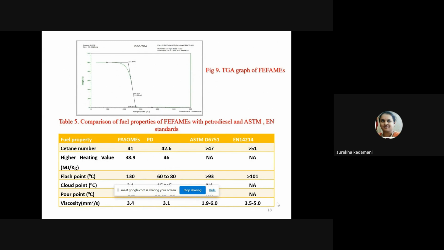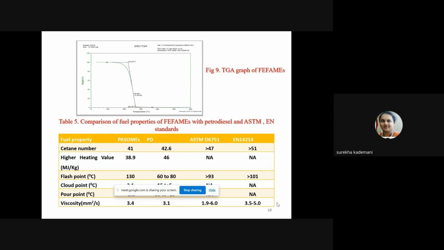The synthesized liquid fuel is analyzed for thermal stability by TGA. The decomposition starts at 223.87 degrees Celsius and ends at 268.38 degrees Celsius, which shows that the synthesized biodiesel is stable up to 223 degrees Celsius. Table 5 shows a comparison of fuel properties of the synthesized biodiesel with petrodiesel and the